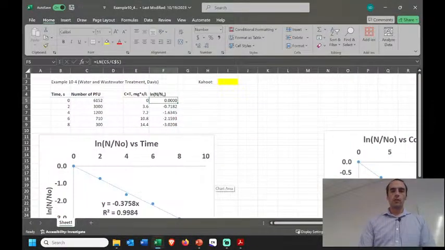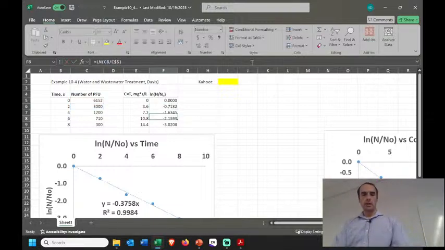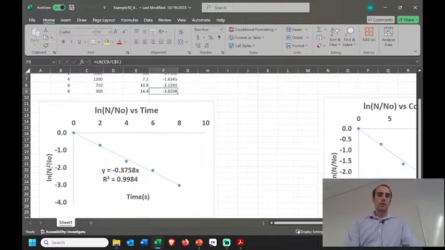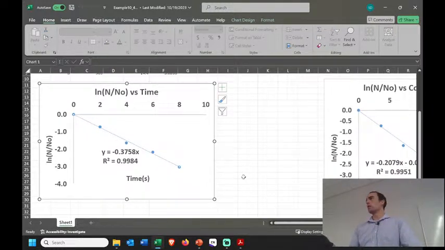Okay, so then we solve each one of these components. We see it's the current n divided by the initial, and go down the line, and then we can plot that as the natural log of n over n naught versus time, which looks like this. We get a nice regression there with a nice slope. We don't have to worry about the plus b because there shouldn't be one. It should pass straight through 0, and I can force that.